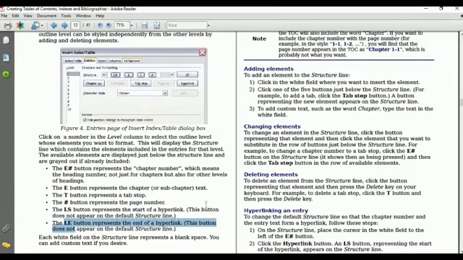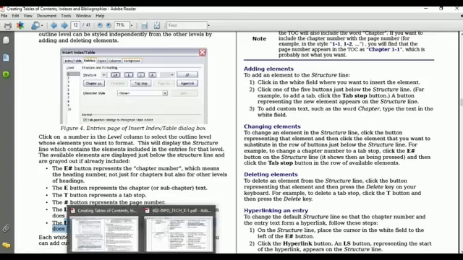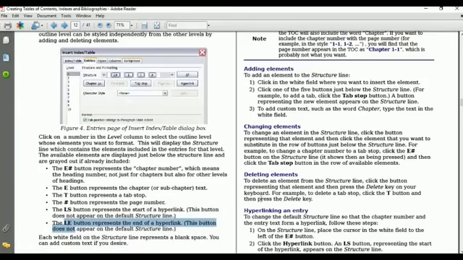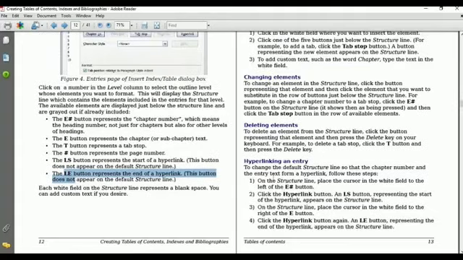Now, how will you apply this? These are the many buttons available in this entries structure. E has, E has, LS or LE, means every letter or every word has a different meaning. Is it clear? Every letter or every word has a different meaning. Now see how we will apply a hyperlink in the table of contents.